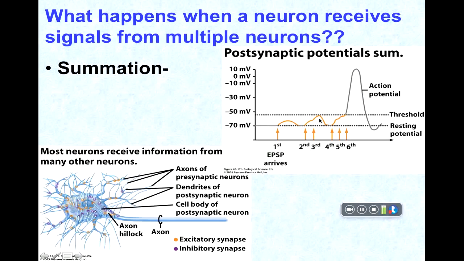If multiple signals arrive at the same time, all you have to do is add up all of the excitatory signals and subtract all of the inhibitory signals, and if overall that tends to depolarize this postsynaptic cell past its threshold level, then sure enough, that postsynaptic cell will generate an action potential. If not, then the cell will not fire. Again, this basic process is simply referred to as summation. That concludes our very brief discussion of